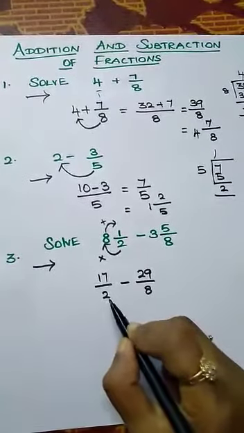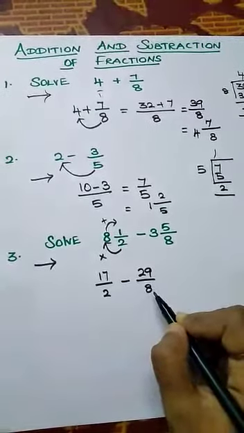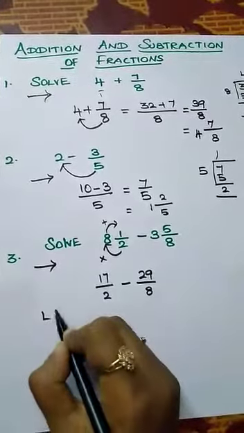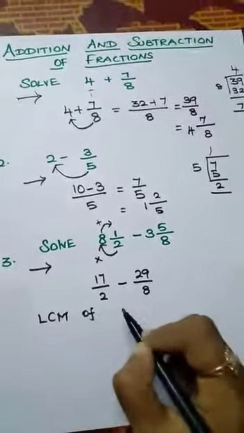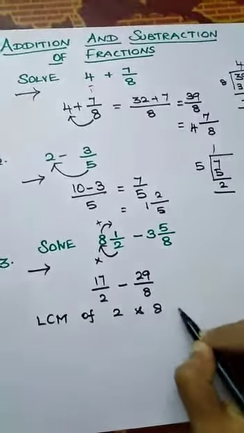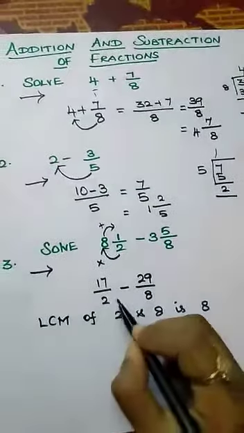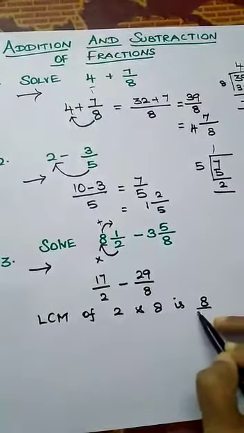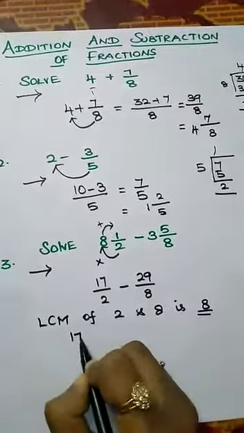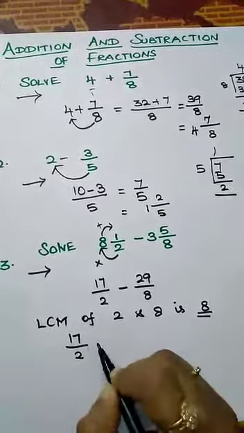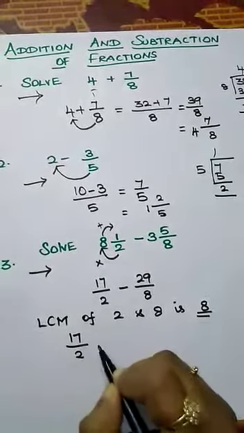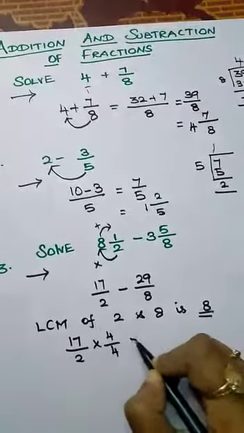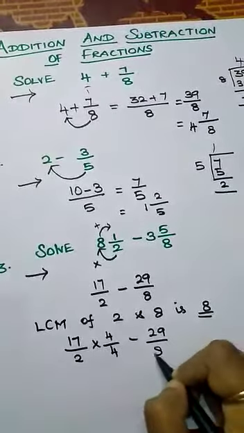So, you just look at the value. First number denominator value is 2. Second number denominator value is 8. So, we have to take the LCM of 2 and 8. So, what is the LCM of 2 and 8? That is 8. Why I choose the value 8 means we have to convert the first value 2 to 8. So, directly we choose the LCM value 8. Now, the first value is 17 by 2. We have to change the denominator value to 8, no? So, multiply and divide the number by the value 4. The next value we write directly, 29 by 8.